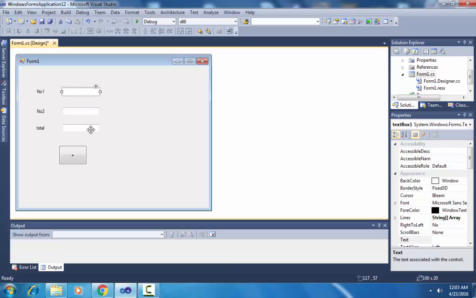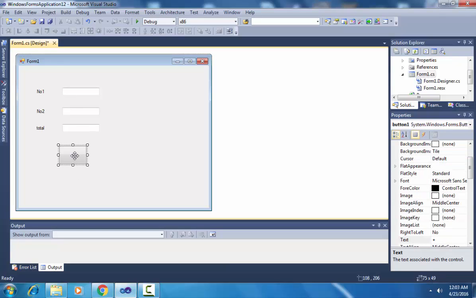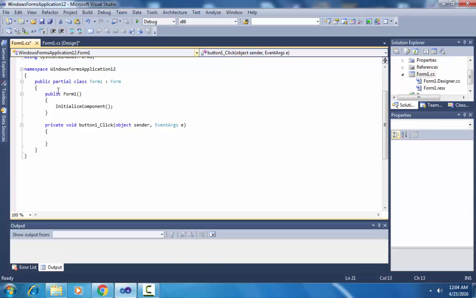How to do this project? Okay, so first of all, double click on the button control. It links to the coding view from the design view. The coding view looks like this. Button 1 click. In here you have to